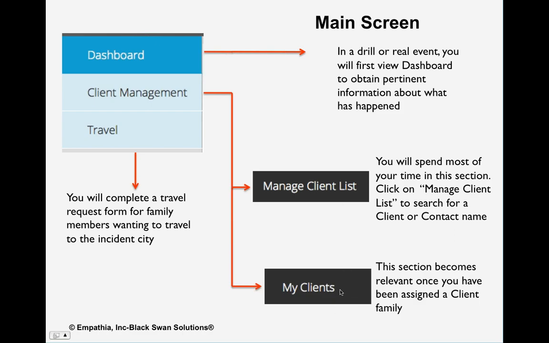And at a point in the process, and you'll be apprised of this, this is going to become relevant when you become assigned to a client family. There will be details in there. For example, John, please go look at your My Client section for an update as to the itinerary developed for this family. So this is another place where person-specific information will be provided to you electronically.